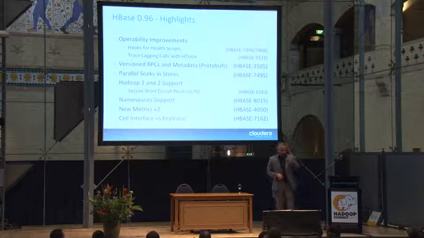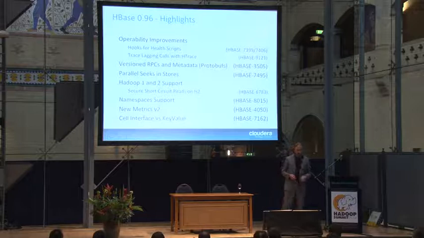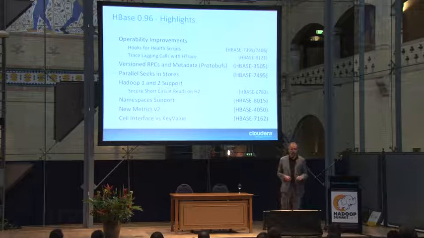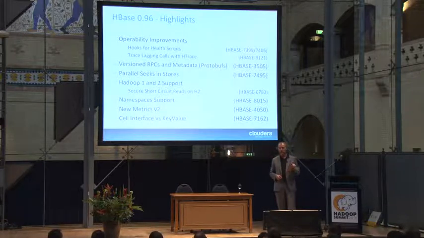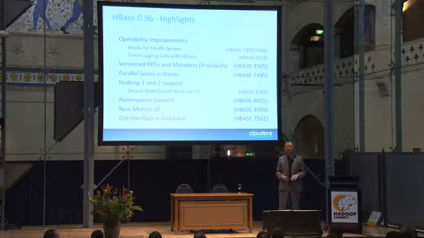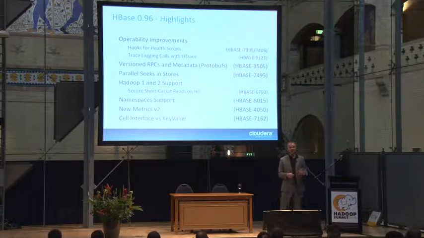There's also other stuff. We have health scripts that we can run now. We can check if the cluster is up and running. That helps. We switched everything to protobufs. The reason why this thing is called Singularity is because of that. Because now we can actually do rolling upgrades in the future. Every protocol, every store, every piece of information that we persist is protobuf versioned, which means a newer version like 96.1 or 98 can read 96 and say, yep, I can read it. I have a new field I added when I write mine, but I can read the older information. So that's important to roll forward.